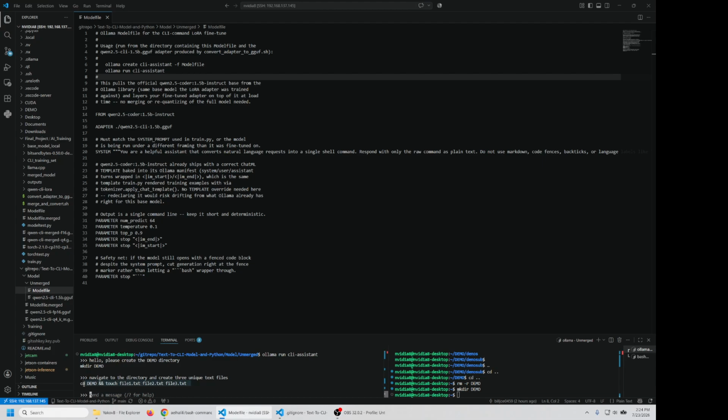And here it gives us the navigation and 3 files. Then we can ask it to list the files